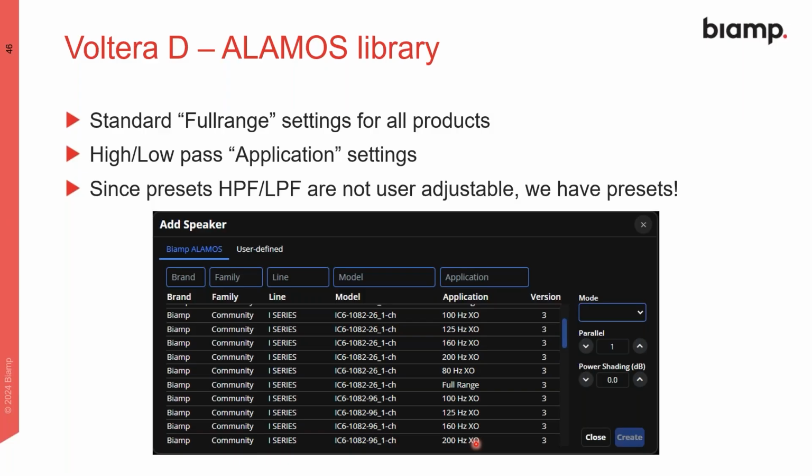If I had a subwoofer with this 8-inch two-way system, perhaps I'd use the 100 hertz or 125 hertz high pass, and for my subwoofer, perhaps I'd select an 80 hertz low pass, maybe intentionally leaving a gap in